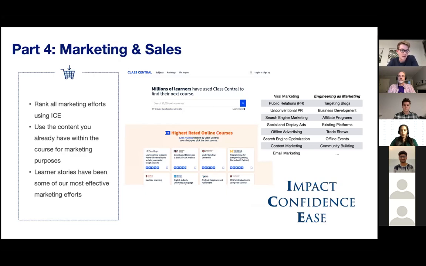And the same applies for companies where we go in and they think they don't need to do marketing because they're offering something to their employees. But at the end of the day, they figure out that they need to do some sort of internal marketing to convince their employees, if an online course is voluntary, to invest time to do the course. And the same approach applies here as well. We take a look at what efforts we can make within the company to get users on the course. And it's the same as outbound marketing as well.